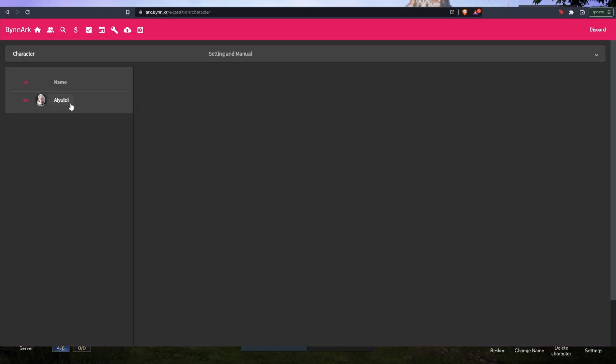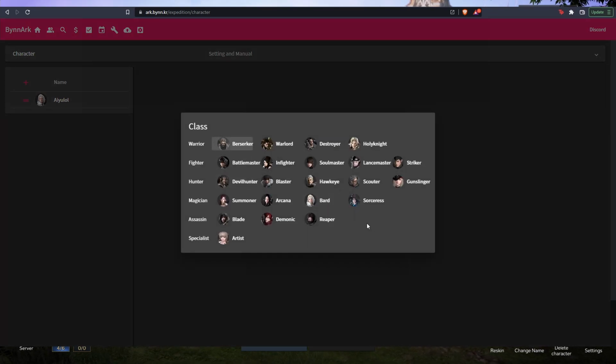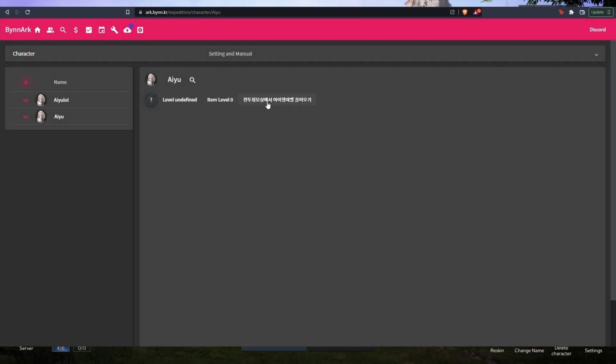Now you can see I've already added one of my main characters, but I'll be adding the rest of my characters here to show you. Now this actually doesn't have to be your real character's name, but for my OCD, I'll just do that anyway. So I'll put my character's name and then go down to class, click class and select your class. I have 3 bards, so I'll just be adding my second bard here, and then you'll have a few options